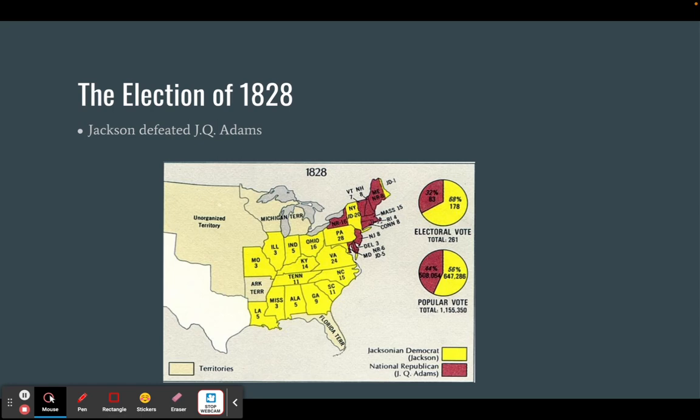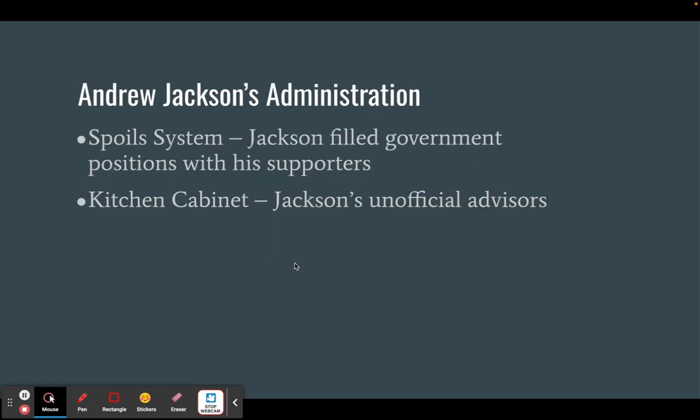So ultimately, what ends up happening when you look at the electoral map, and this is what we look at when we look at who ran for president, Jackson defeats John Quincy Adams in a very, very convincing fashion. But I want you to focus on how this map shows you who Jackson's supporters are. It's going to be everyone that falls into that Southern elite, Westerners, frontiersmen. So what Jackson's administration is qualified as is, hey, I'm here, my friend should be here too. So he filled his government positions with his supporters.